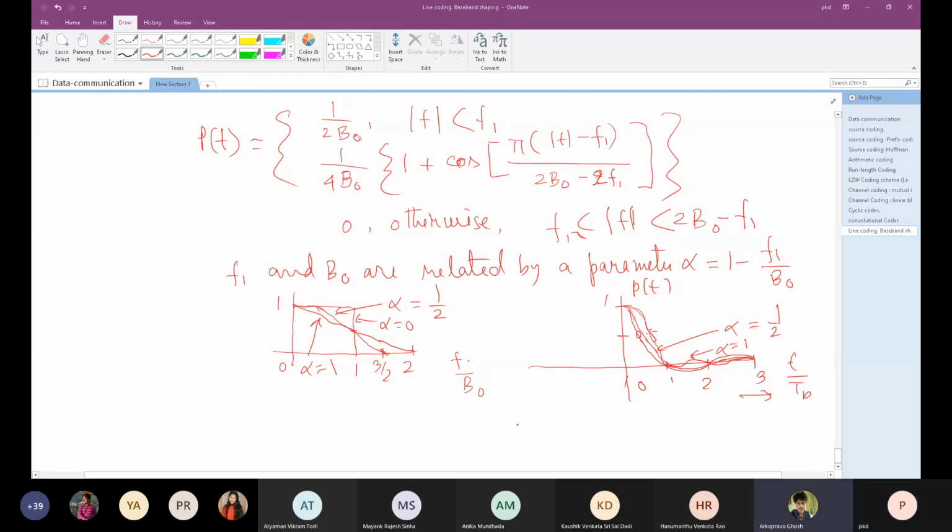Sir, for alpha equal to half, how are we getting the intersection at 3/2? I mean, how is it becoming 0 at 3/2? Alpha equal to half. Yeah, alpha equal to half means